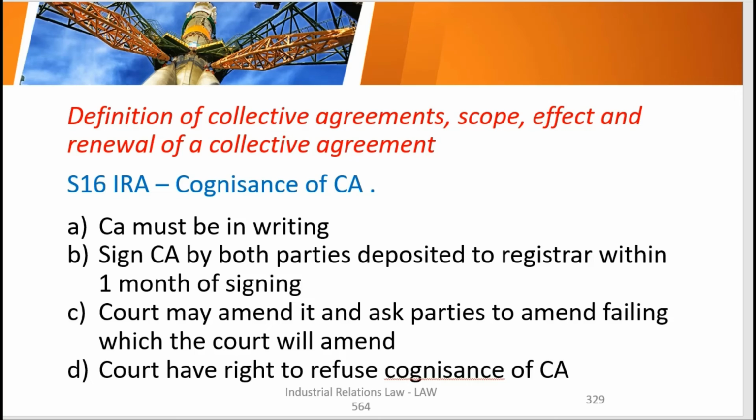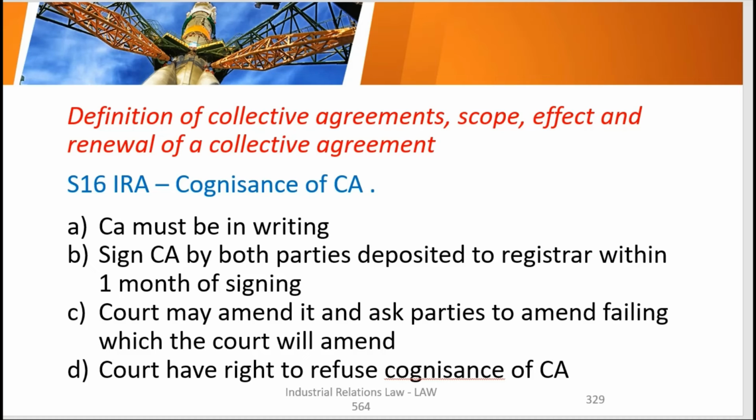For the collective agreement to be recognized, the CA must be in writing, it must be signed by both parties, and must be deposited to the registrar within 1 month of their signing. Here the court may amend it depending on the content of the agreement, whether it suits the law or bias and things like that. Element of injustice, they are non-law people, or if they involve law people, but sometimes they